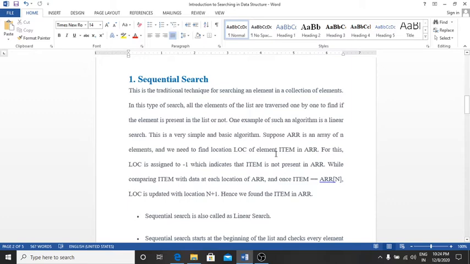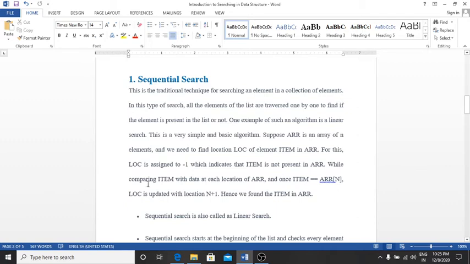Suppose ARR is an array of n elements, and we need to find out the location LOC of the element atom in ARR. For this, LOC is assigned -1, which indicates that the atom is not present in the ARR.